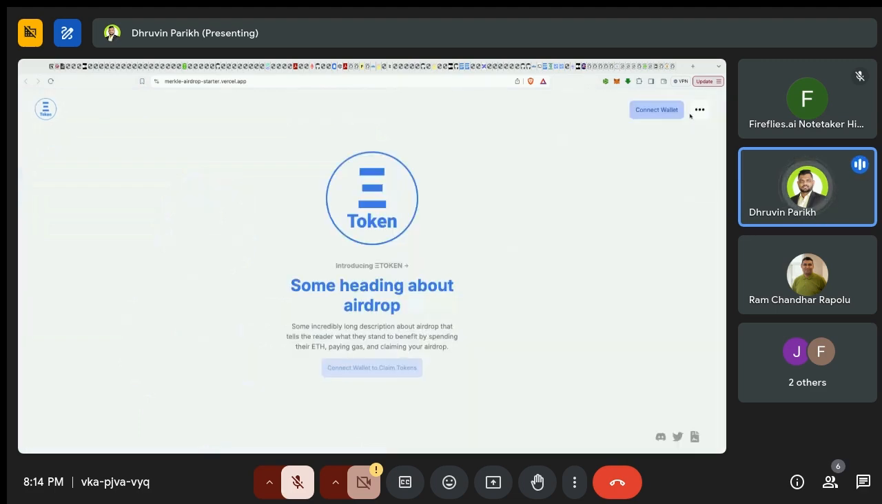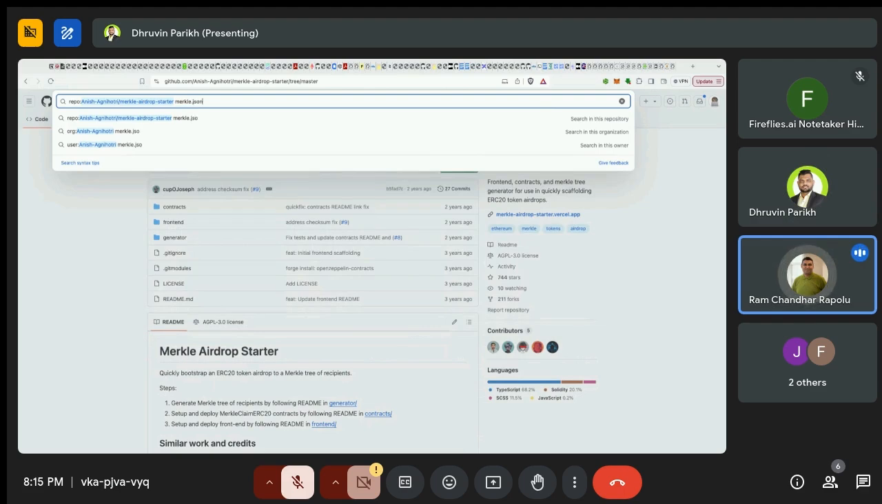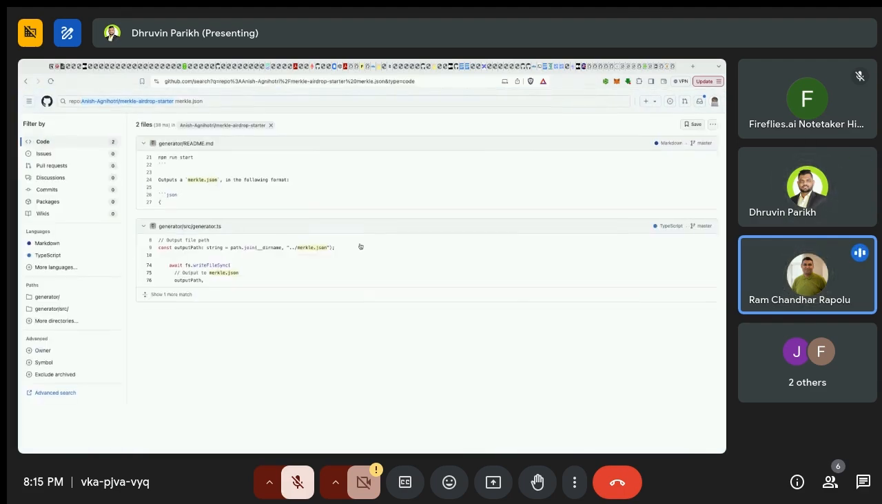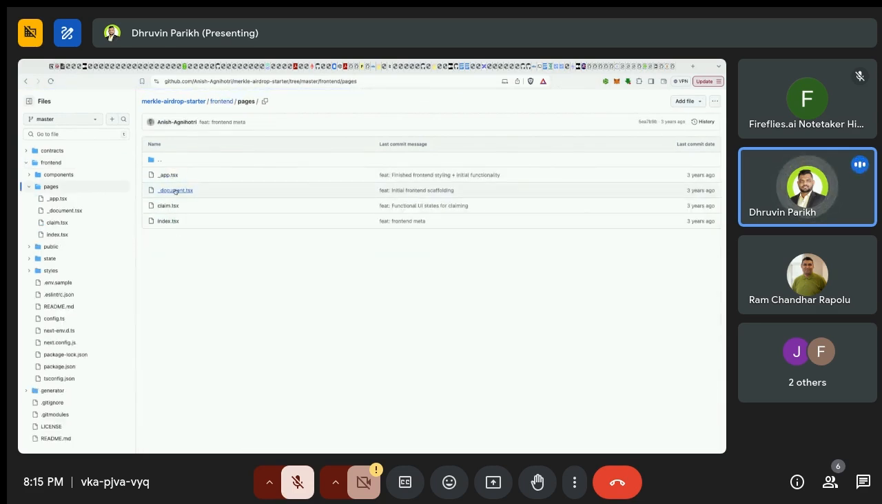Anyway, throw it up and then look for Merkle. Yeah, I will look into this problem. Output path, yeah, it's not there here. But anyway, if you go to pages, claim,